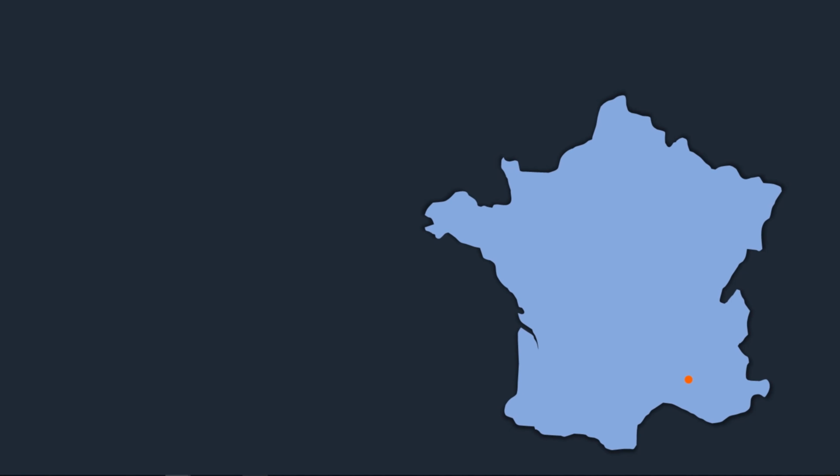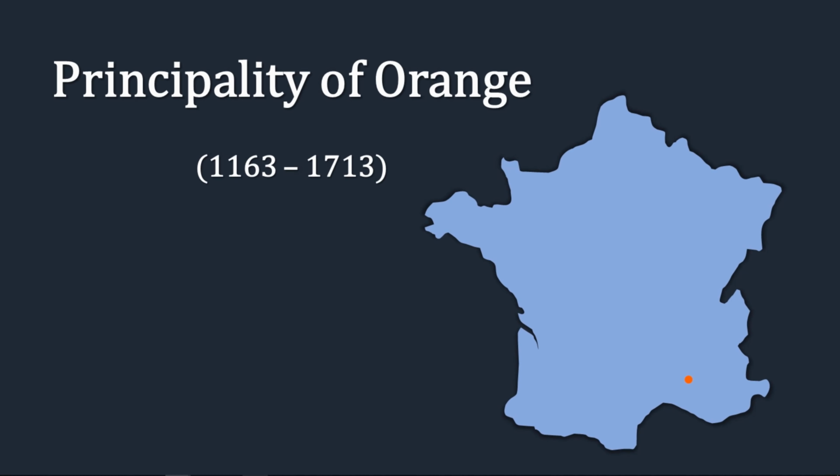Now the reason he was called of Orange was because of the Principality of Orange. He was part of the House of Orange and Nassau, being related more in Germany. But this Principality of Orange was actually in the south of France for a long time. It should be noted, however, that the Principality of Orange etymologically wasn't related to either the fruit or the colour,